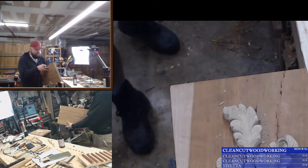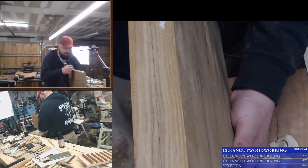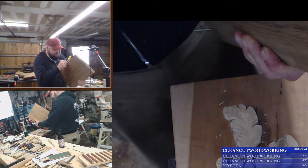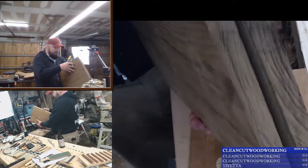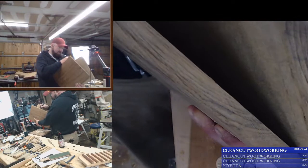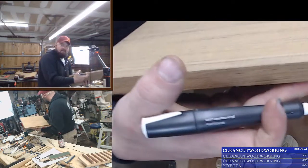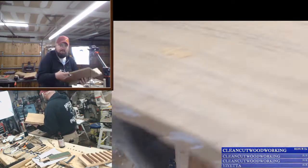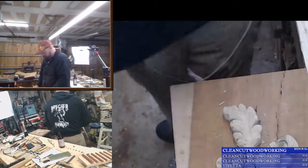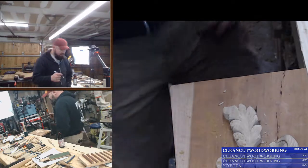So I've got these two pieces. Grain's going this way, this way. Flop it. So when you flop it, it's going to be that direction. On the other side, it's going to be the opposite direction. So book matched is really nice, but